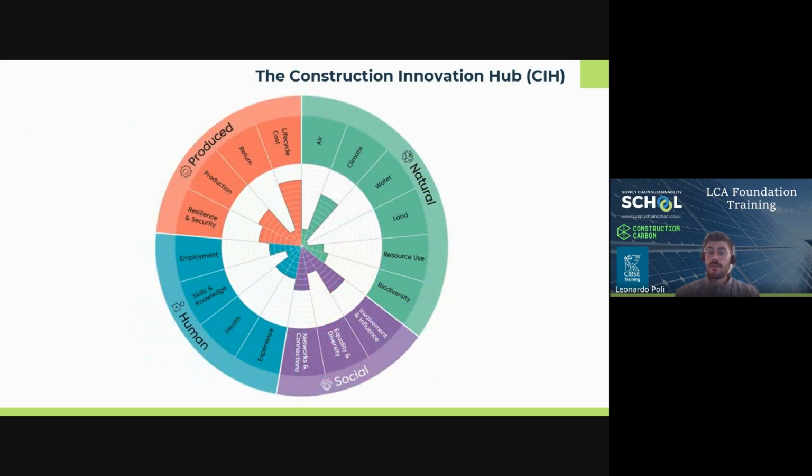The aim of the value toolkit and the 4 capitals approach is to bring the full range of sustainability metrics into the decision-making for construction projects in a structured and comprehensive way. It also helps clients understand a wider definition of value to the overall betterment of their projects. This diagram illustrates the 4 areas of capital: produced, natural, social, and human, that together make up the value toolkit.